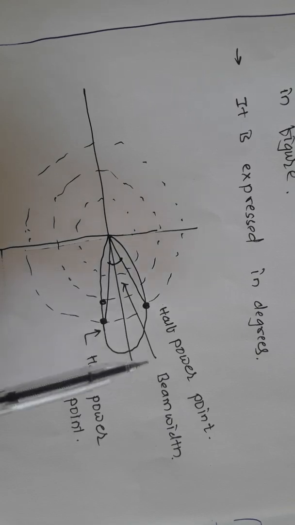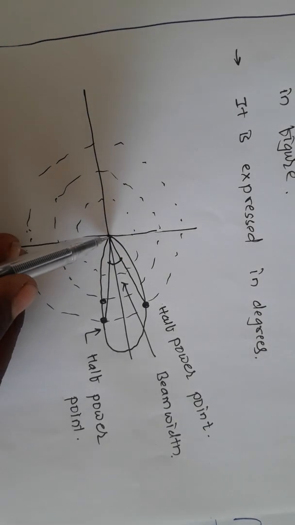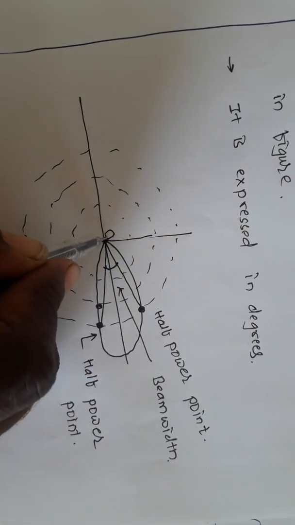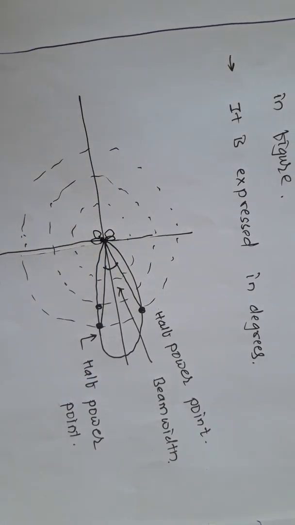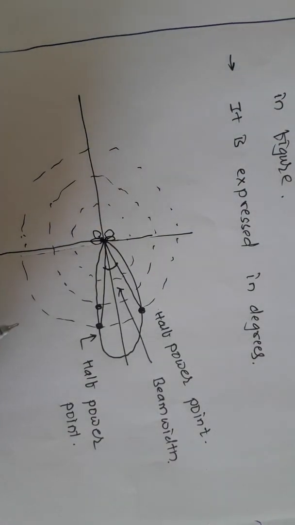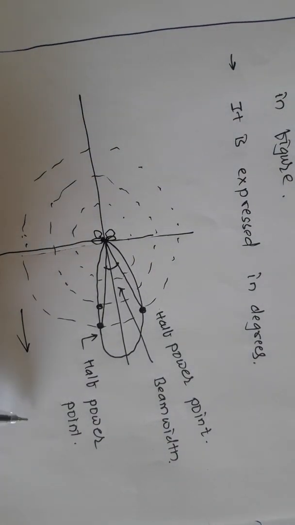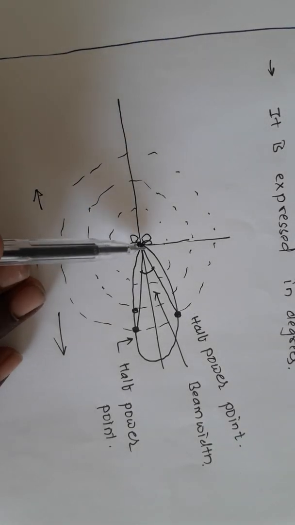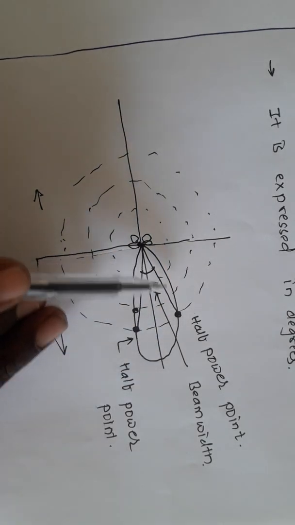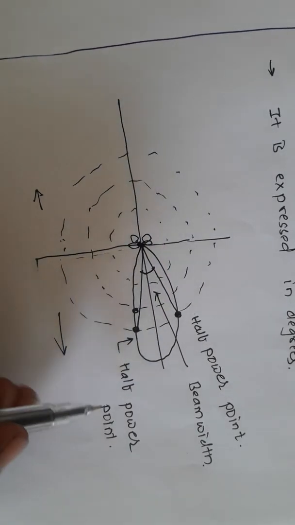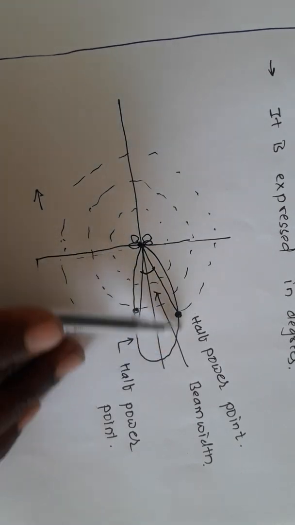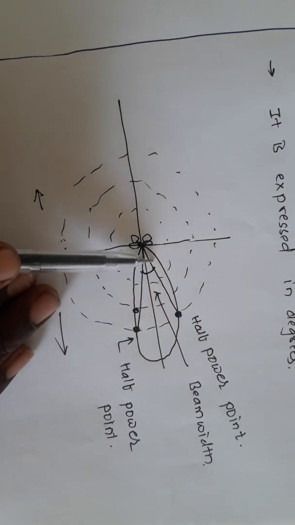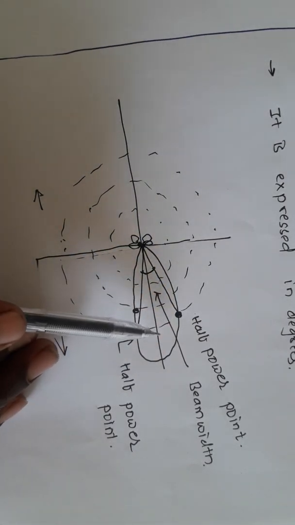In this diagram, suppose your antenna is placed over here. This is the major lobe. These are some minor lobes of your antenna, the backward side radiation. So maximum radiation is in this direction, the forward direction, and there is minimum radiation in the backward direction, right? If we observe the maximum radiation pattern side, this is the radiation pattern of the antenna, which is a unidirectional one, and this is nothing but the power density radiation pattern.